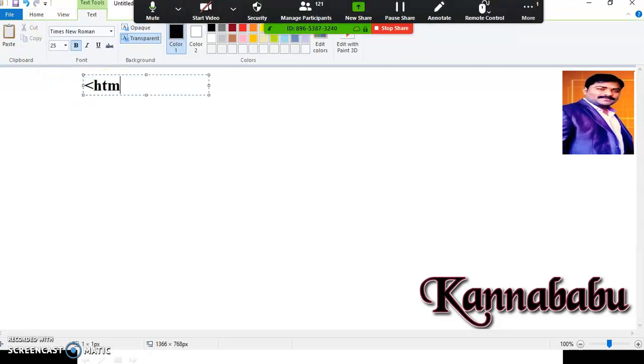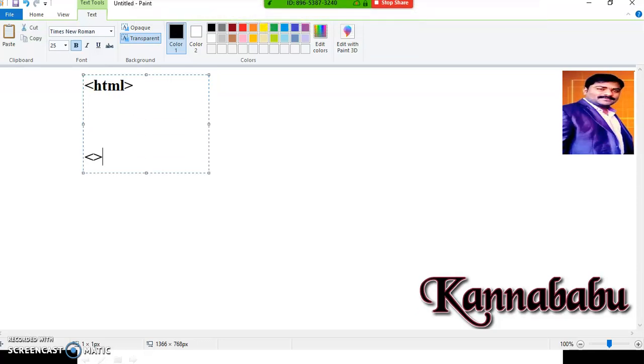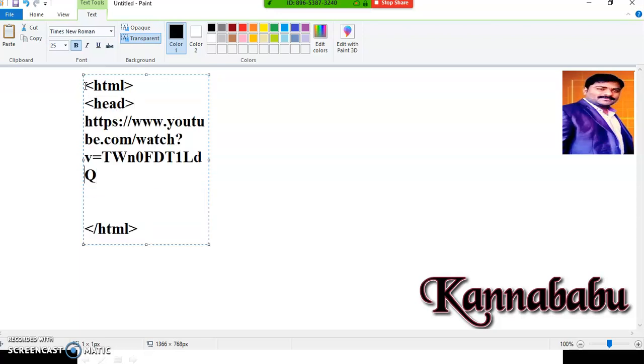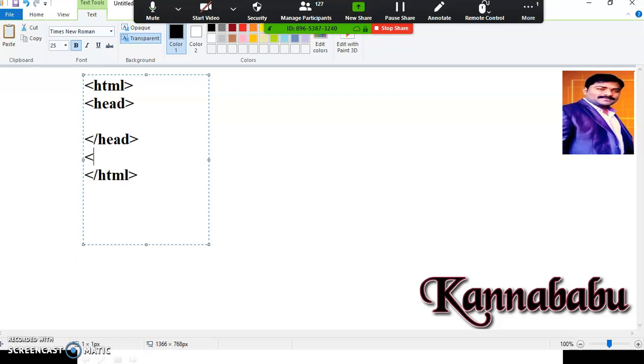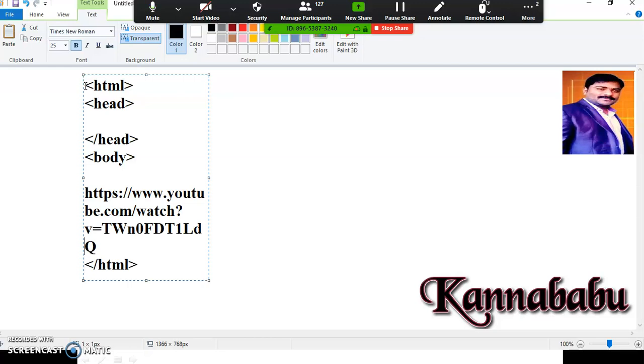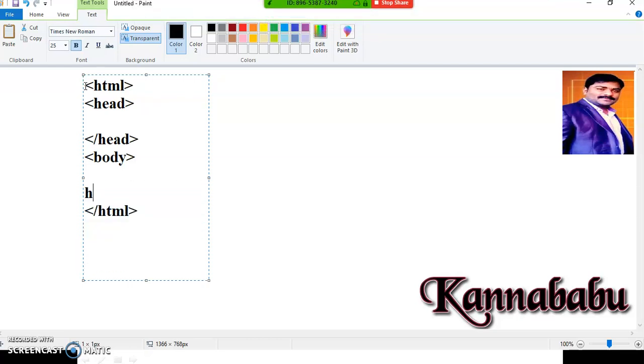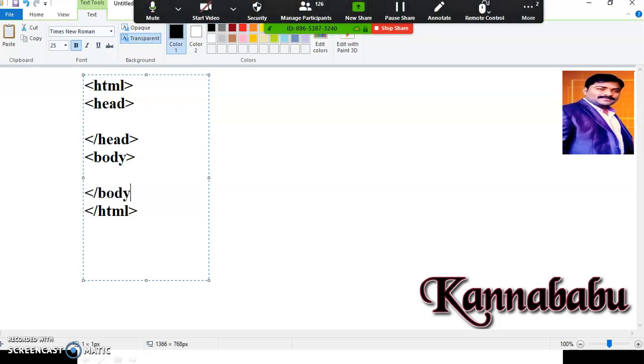So what is the structure of an HTML program? First of all, open the HTML tag and close the HTML tag. It is a container tag which contains a starting element and an ending element. Here you can open the head tag and close the head tag. Always, where do you write a JavaScript program? Inside HTML only, or if you want, you can write it in a separate file, save it with .js, and import that .js file within your HTML. And here you can open the body tag and close the body tag. Is it clear? This is the structure of an HTML program.